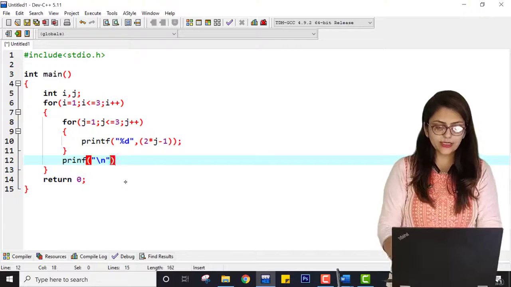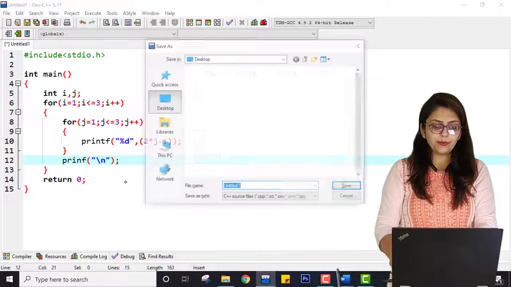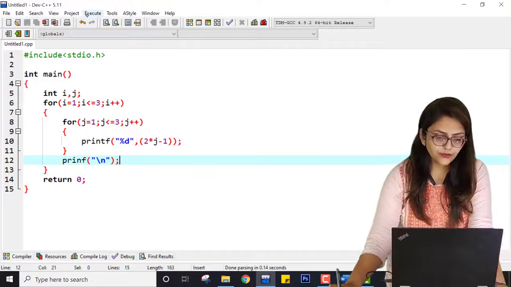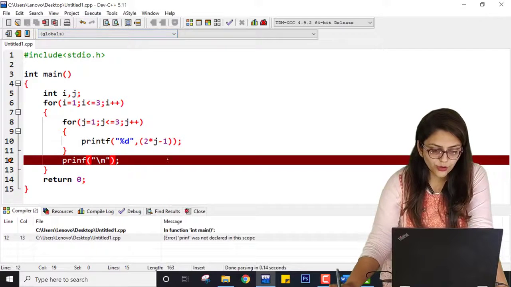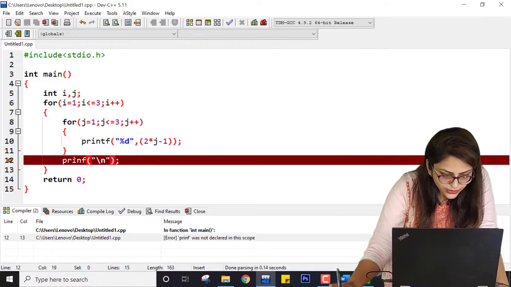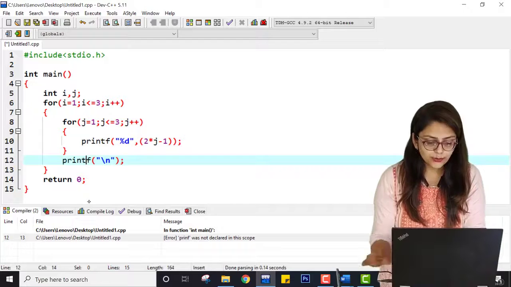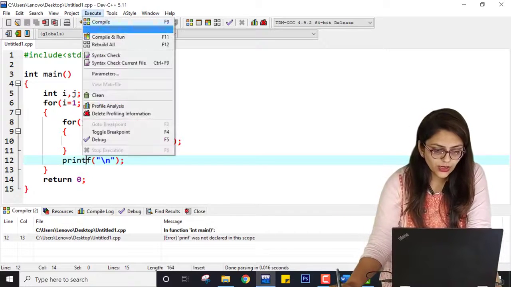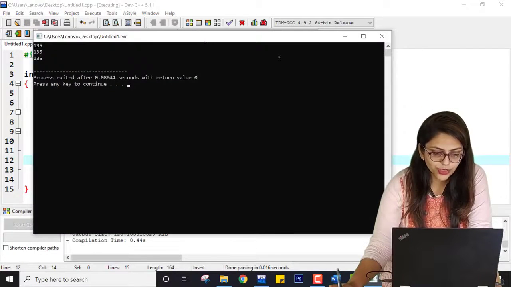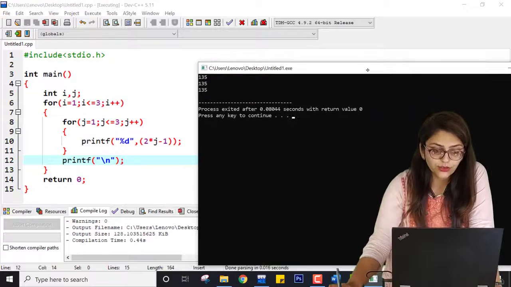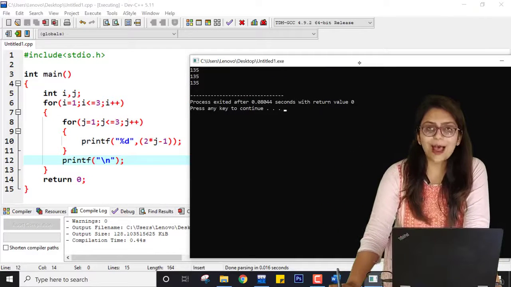So here it will be slash n. Let me save this program, and if we compile and run it, it is asking me about an error: it is printf, right? Now let me save the program, compile and run. You can see it is printing 135, 135, 135. Why is it happening?